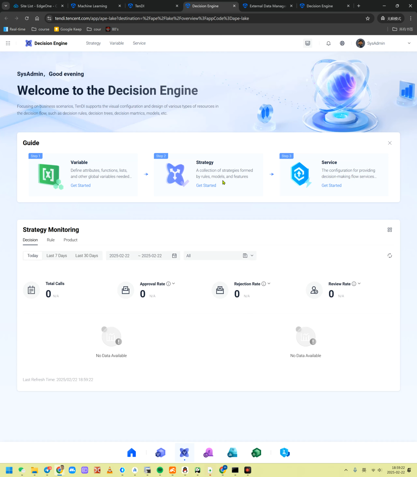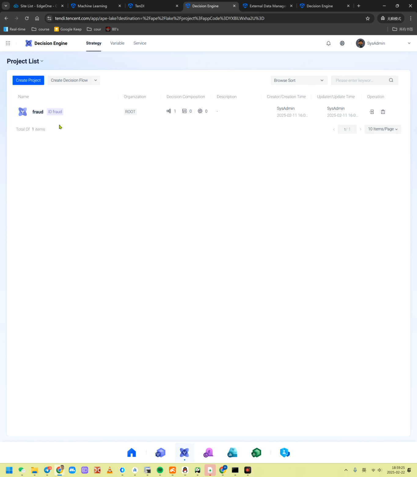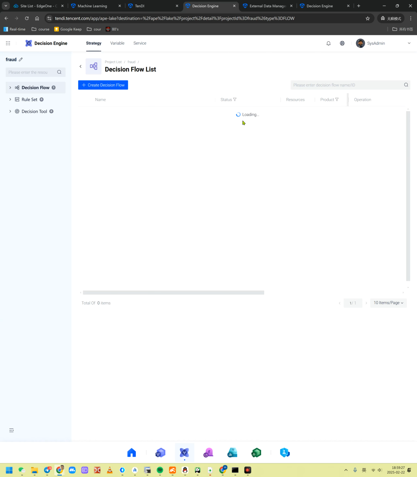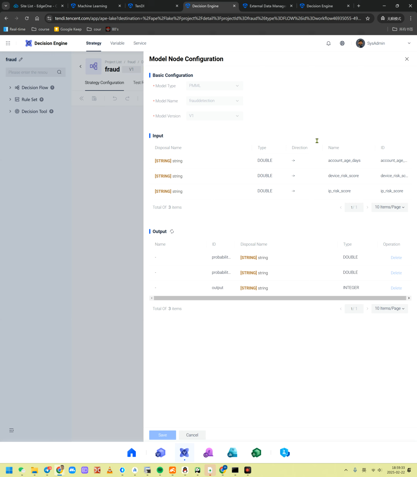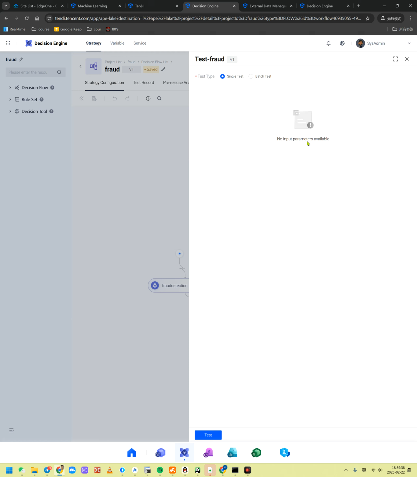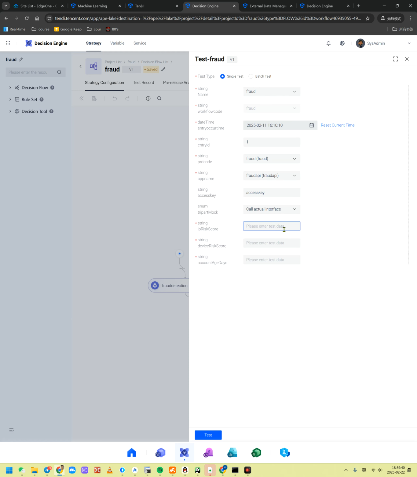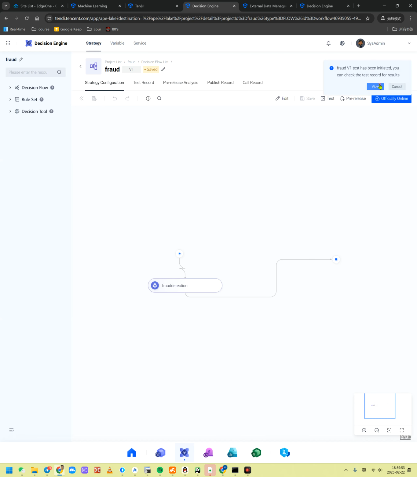So if you go into, for example, the decision engine, I'm going to quickly show you the canvas over here. So for example, I'm going to detect fraudsters, just like in and out, right? So fraud detection over here. The input and output values are pretty simple. I run a test, for example, with an IP risk score, a device risk score, and also account age in days, right? So the account has only been there for like 4 days. I run a test, and then